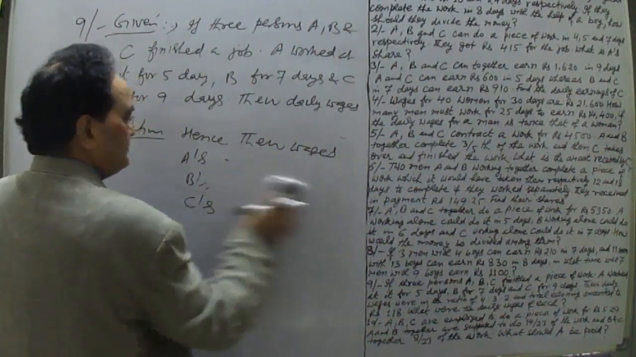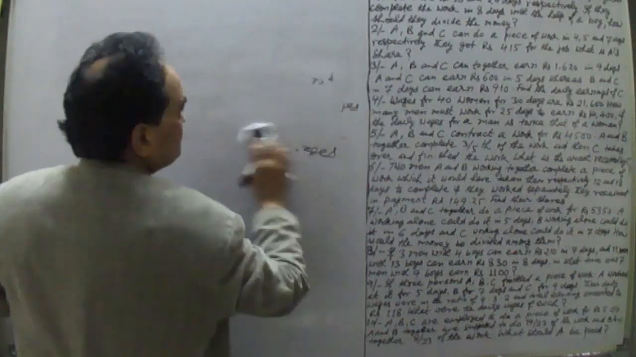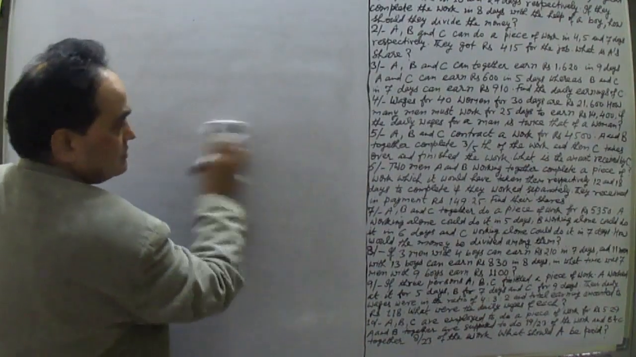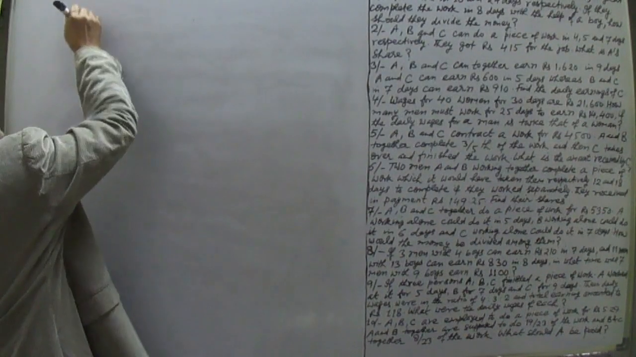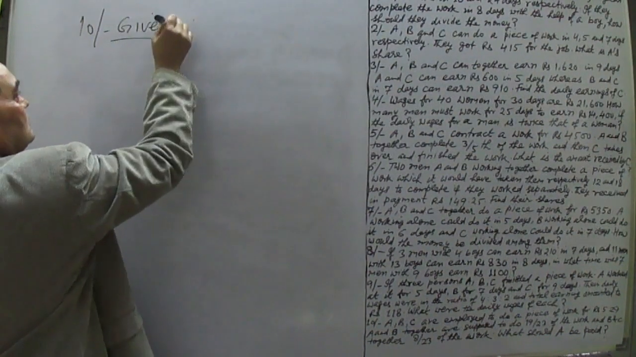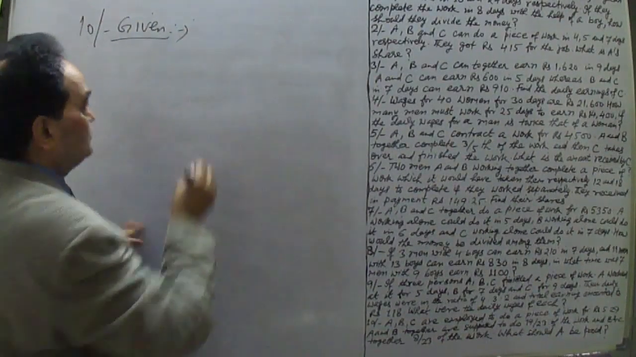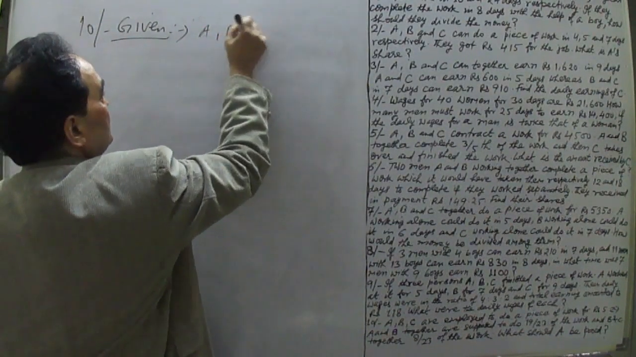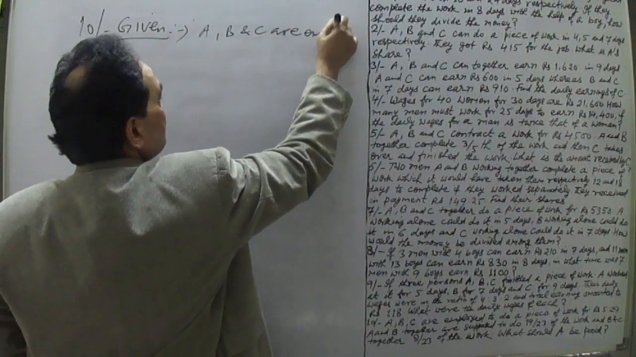The answer is complete. Let me take now question number 10. What does question number 10 say? Let me check. Let me first read it. It says A, B and C are employed